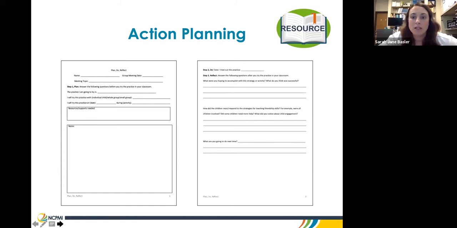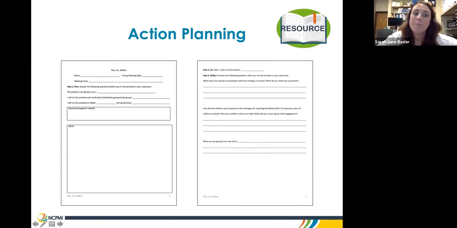We wanted them to really think about the practice that they wanted to try, when they were going to try them, what activity they were going to try it in, and the kind of group size that they were going to try it out in. And then the space below was for implementation notes, where they could write out the procedure or the steps they might do to implement in their class. And then they would try the practice out in their classroom.